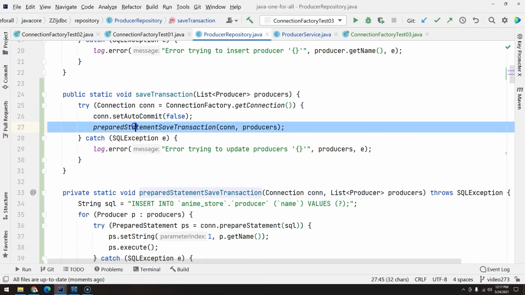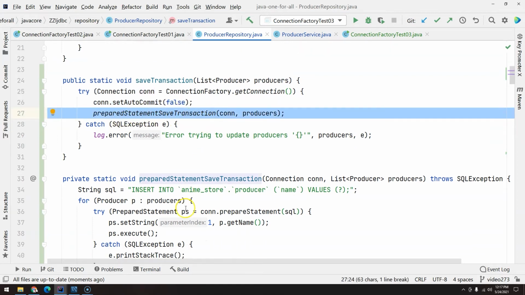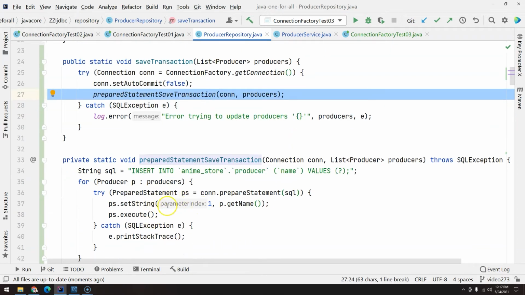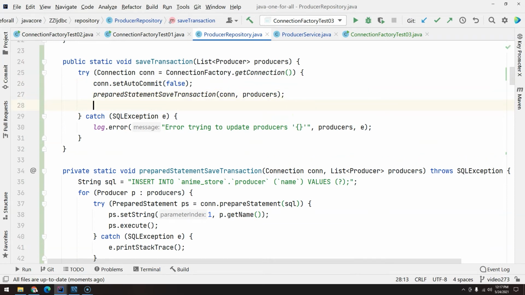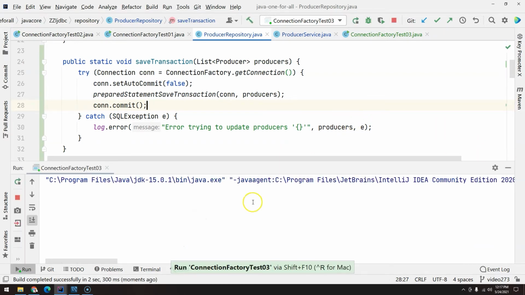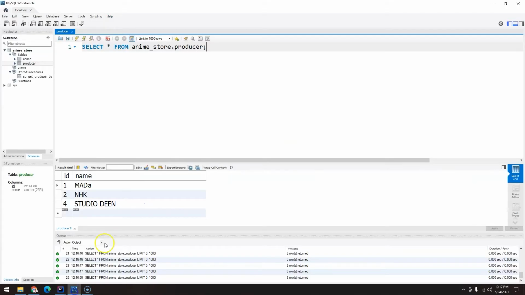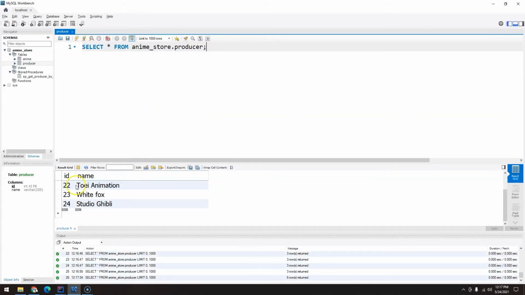So basically, everything you do here in this prepare statement save transaction is not going to be persisted because I didn't send the trigger. To send a trigger, say commit everything, conn.commit. Now, if I press Shift F10,